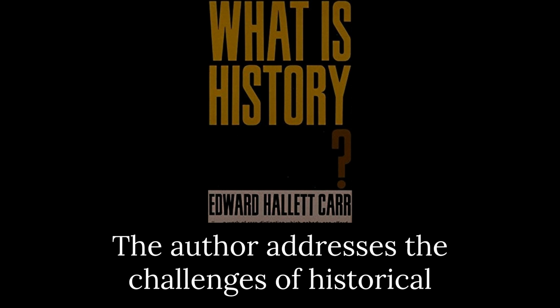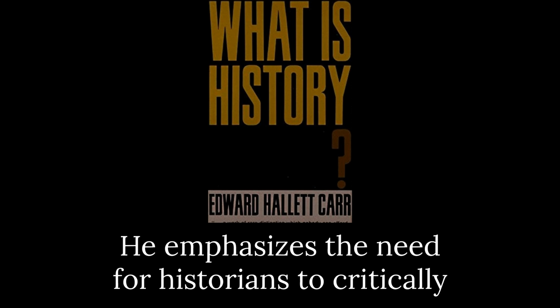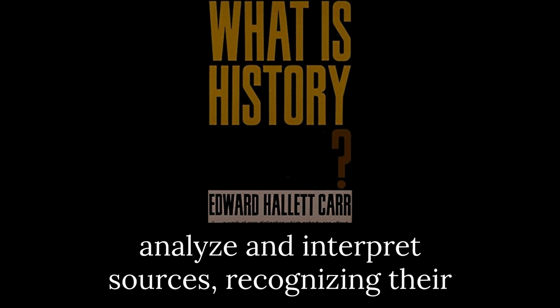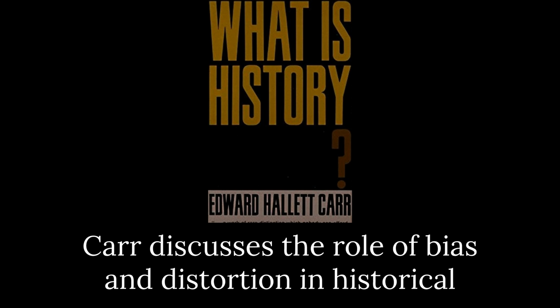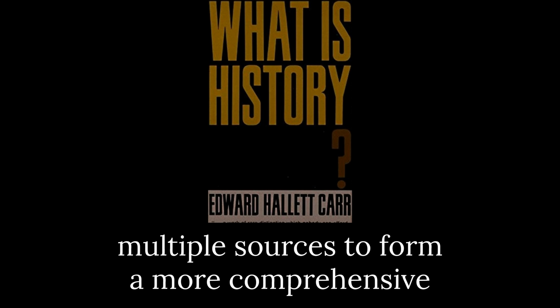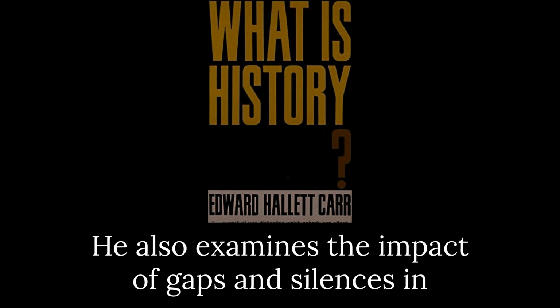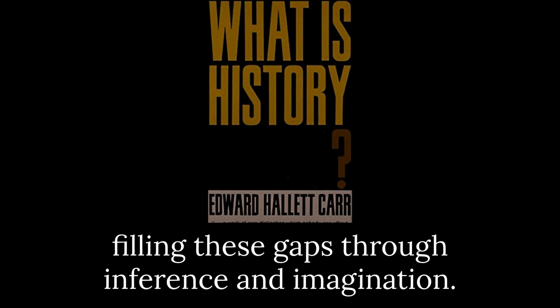The author addresses the challenges of historical evidence and sources. He emphasizes the need for historians to critically analyze and interpret sources, recognizing their limitations and biases. Carr discusses the role of bias and distortion in historical records, highlighting the importance of triangulating multiple sources to form a more comprehensive understanding of the past. He also examines the impact of gaps and silences in the historical record and explores strategies for filling these gaps